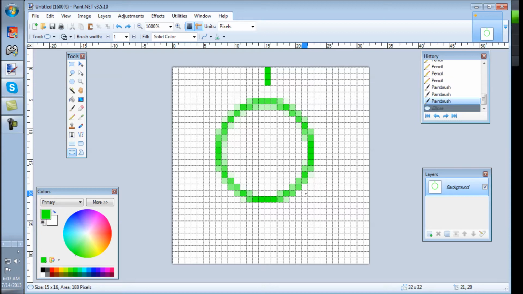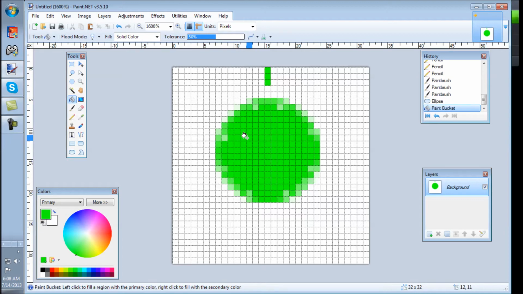And it may be off by a little bit. We're not going to really worry about it too much right now, but that's essentially the idea of it. So then let's fill all of this in the center with the bucket fill and the pencil. Doesn't matter if it's a little off color on the edges. Okay,